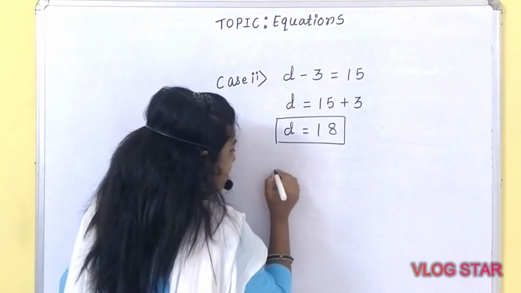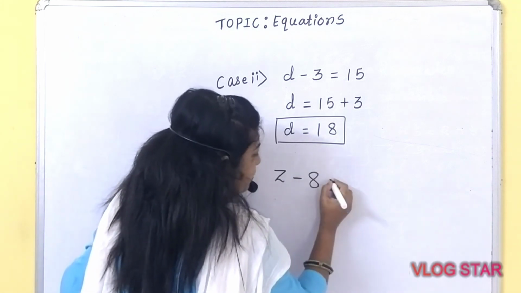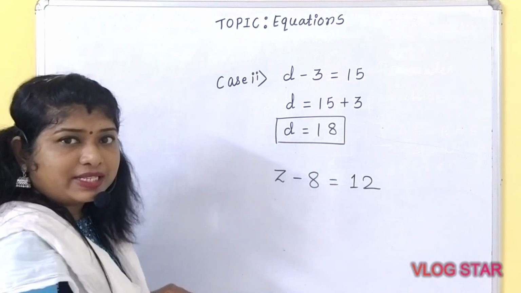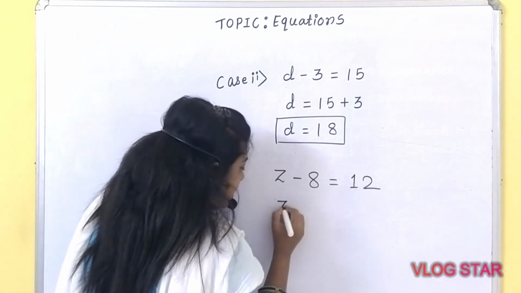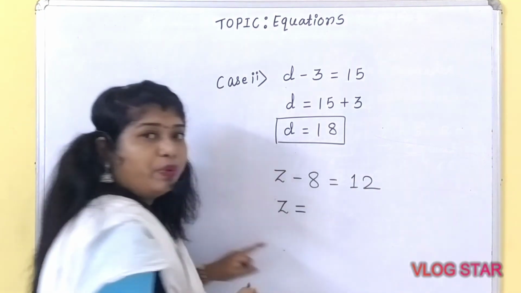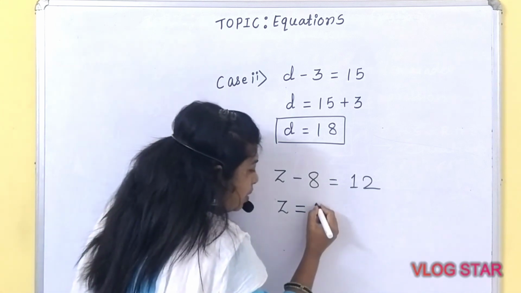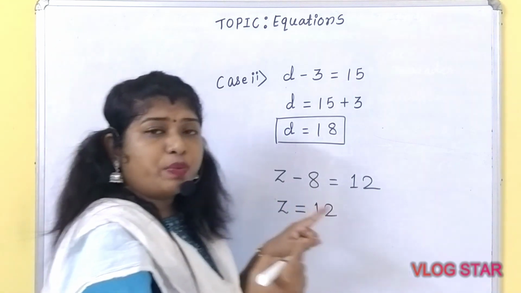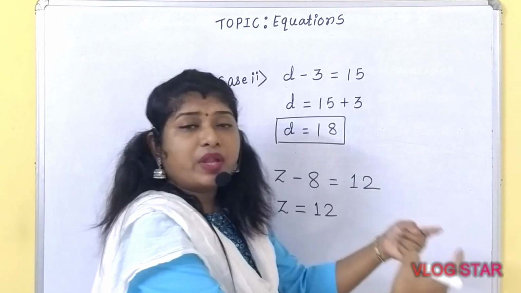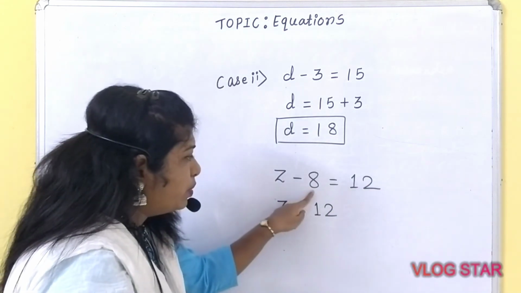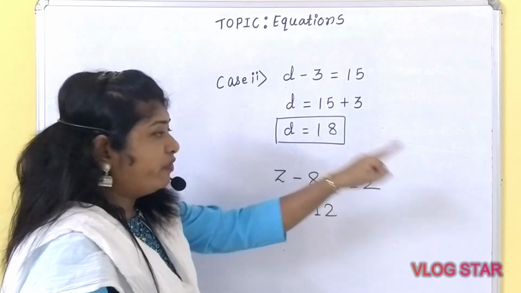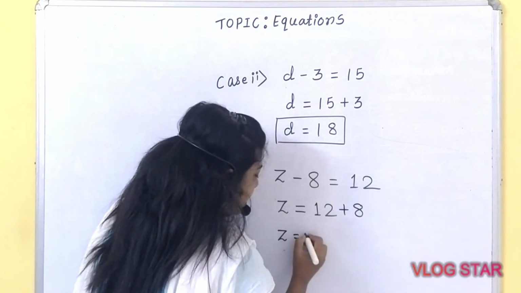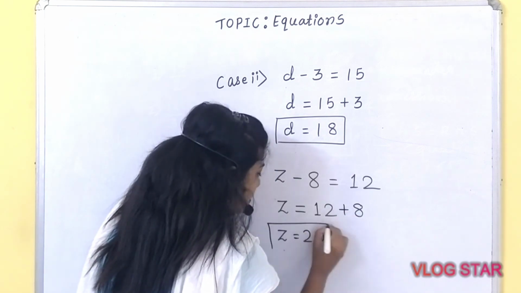Let's consider another example. Z minus 8 is equal to 12. Okay. So how are we going to solve this particular example? Will you be able to solve it? First we need to write down the unknown variable. Then we have to put the is equal to sign. We need to write down the right hand side number as it is. And then you have to decide whether you need to perform addition or subtraction. So as per case number 2, if the number is negative, while shifting that number, we need to write positive 8. So what is the value of Z you will get? Z is equal to 20.